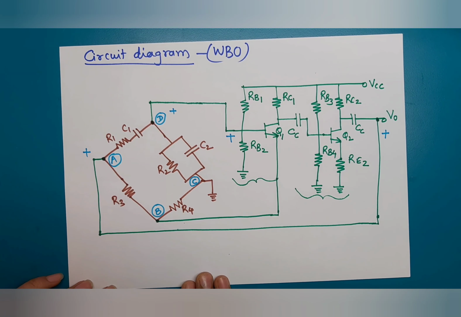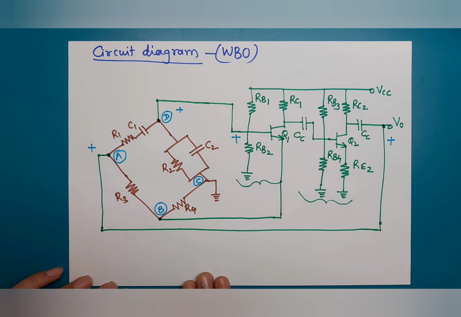This way, in this lecture, we studied the Wien bridge oscillator concept. We derived the expression of frequency of its oscillations, found the values of the gain of the amplifier without feedback and gain of the feedback network at the frequency of oscillation. We discussed the features of Wien bridge oscillator, and finally we saw the complete circuit diagram of Wien bridge oscillator using BJT.